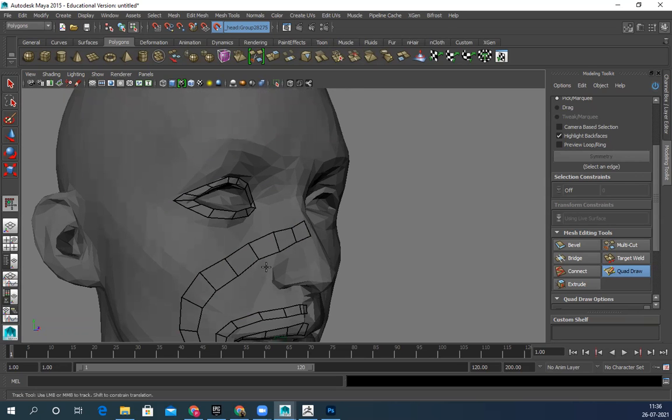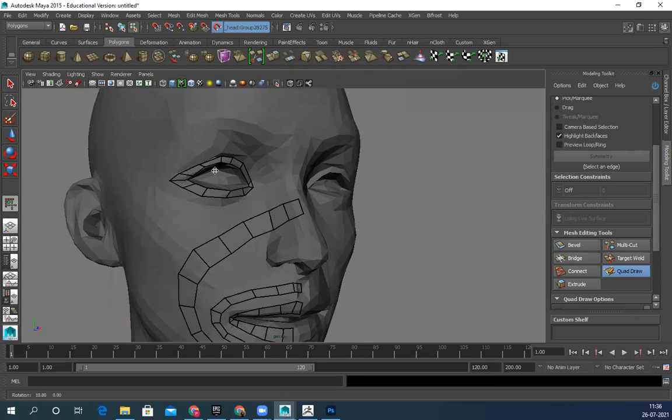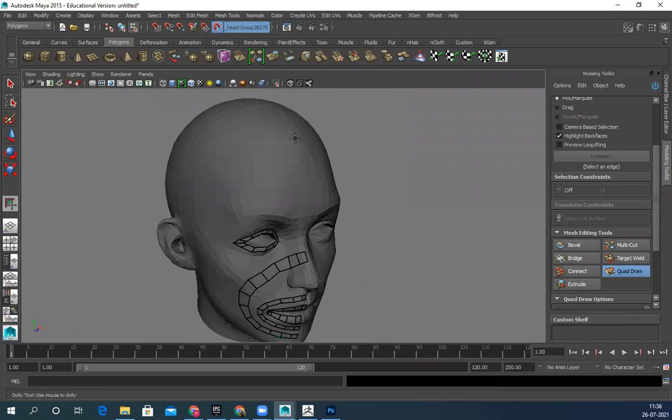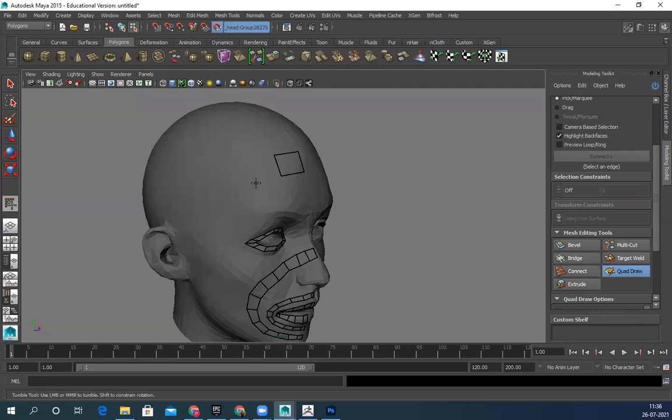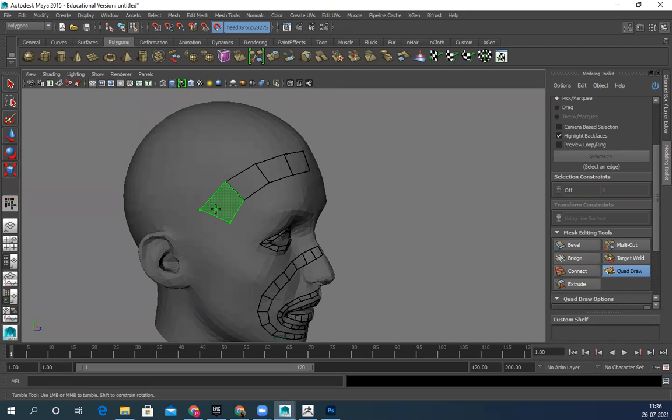This is standard. If you check any production-ready or game-ready model, the loops will be exactly the same. The poly count can differ, but the construction of the loops will always be the same. Now one more is the forehead. You can click on any edge, vertex or polygon and move it. So here you can see it should be slightly back.